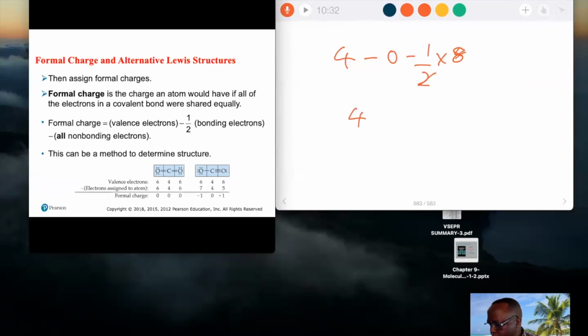This is 4 minus 4, which is 0. That is where 0 is coming from here. You do the same thing for this oxygen. The way we did on the first one, it turns out to be 0. If you look at this, on the second